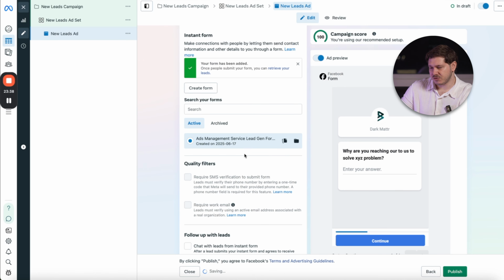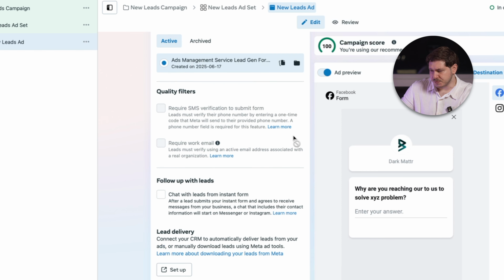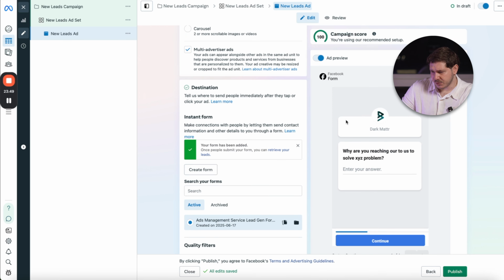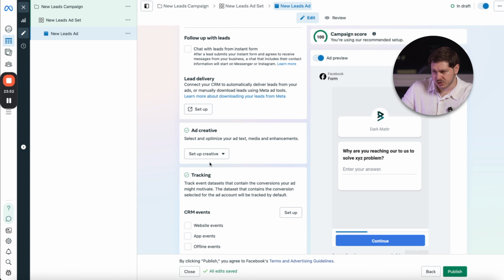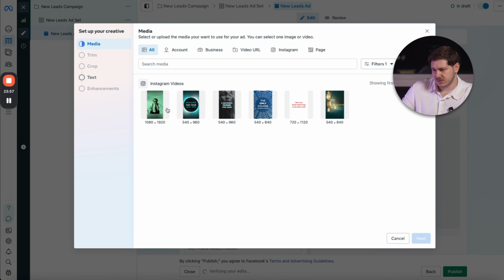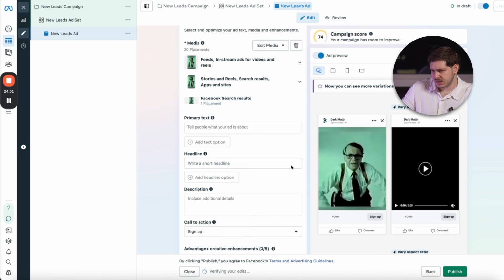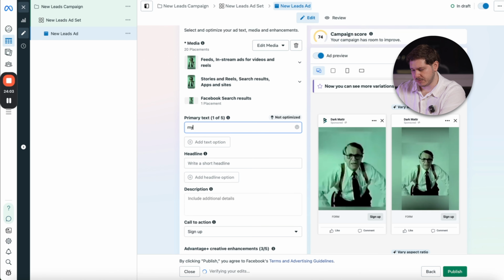Now, once I have created this form, it's automatically saved in my ad account. So it's going to show like this. Now, if I want to add a video, I need to click here on Setup Creative, Video Ad. I'm going to choose this video, and I'm going to click Next. And over here, I can add my primary text,